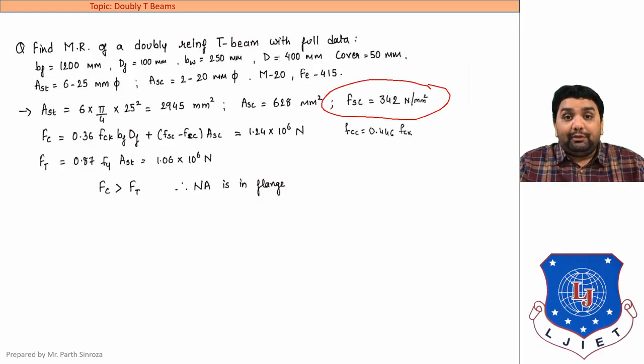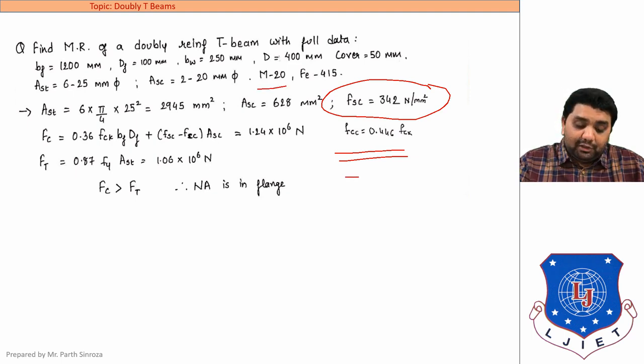We need to remember two values, that is for 0.1 we will always be taking it to be 353 Newton per mm square, and for 0.15 we will be taking it as 342 Newton per mm square. FCC, same method, it will be obtained as we have discussed in the previous chapter, that is FCC will be equal to 0.446 FCK. FCK in the question is given as M20, so this value will come out to be 8.92